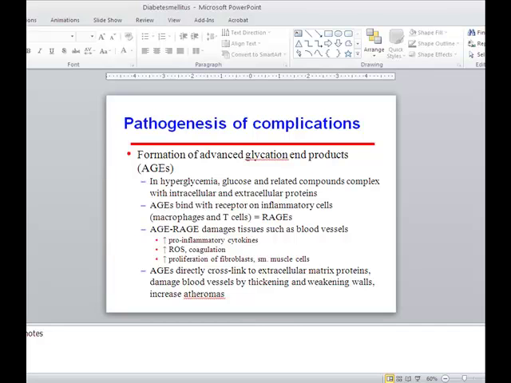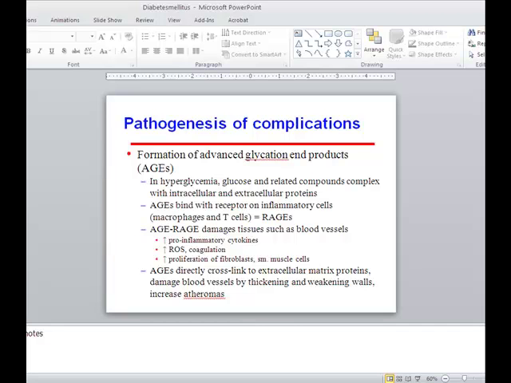So this AGE-RAGE complex is what ultimately leads to most tissue damage, especially in the blood vessels. So the advanced glycation end products, which are glucose and glucose compounds binding to proteins in the cell, mainly the endothelial cells in different tissues, and this complex then combines with inflammatory cells to form another complex, and it leads to